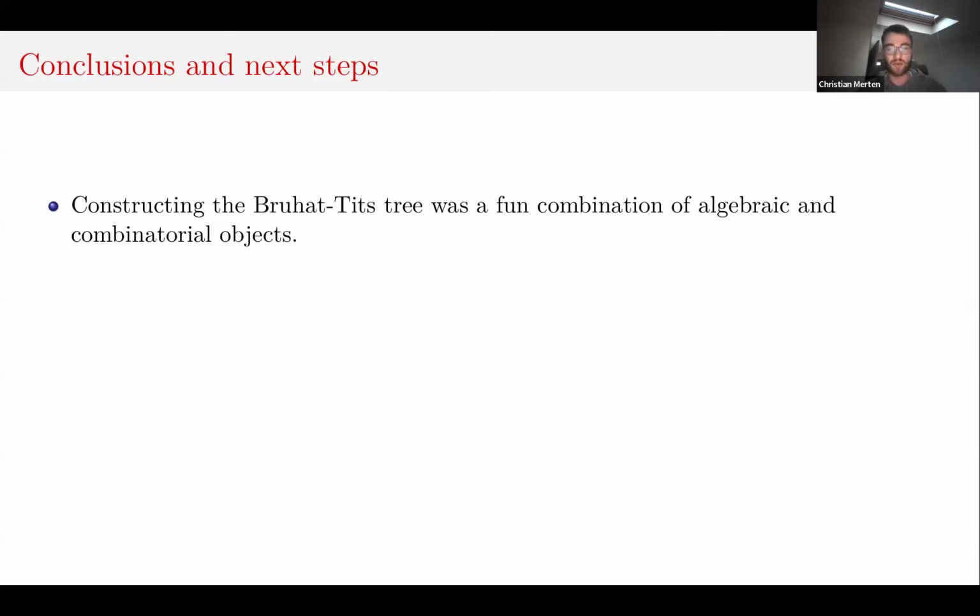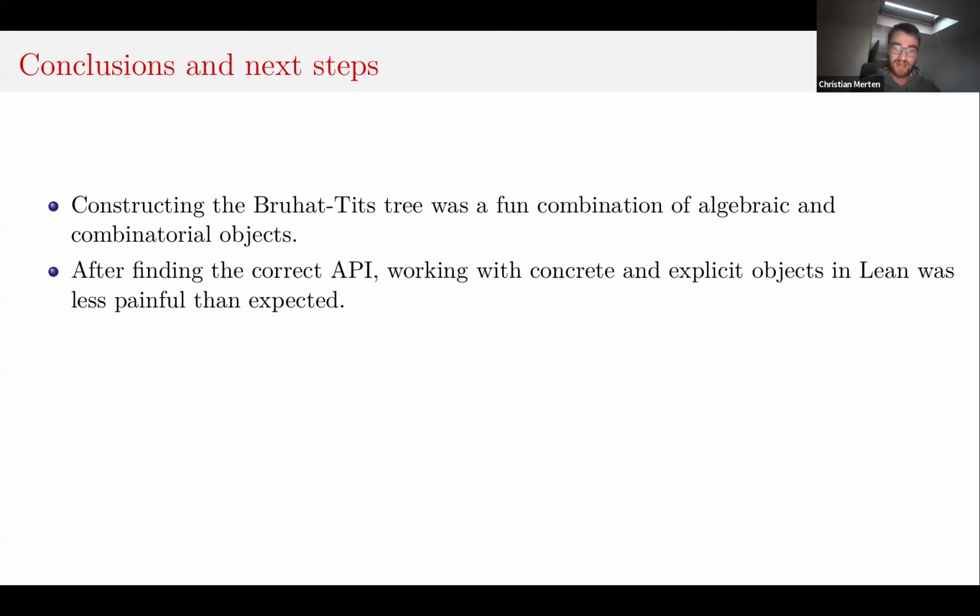And to conclude, I think constructing the Bruhat-Tits tree was quite a fun combination of algebraic and combinatorial objects, really combining these two parts of the library quite closely. And I was surprised that after finding the correct API, working with concrete and explicit objects in Lean was less painful than expected. Somehow working with matrices and bases always calls for trying to work as abstractly as possible and not work with explicit objects. But really, as soon as we found the correct API and the correct infrastructure and the correct setup for how to work with these lattices, this explicit handling